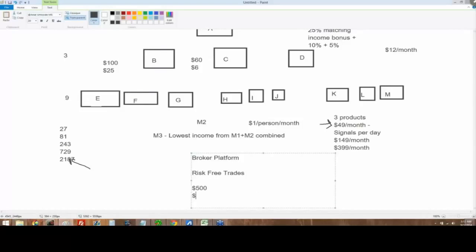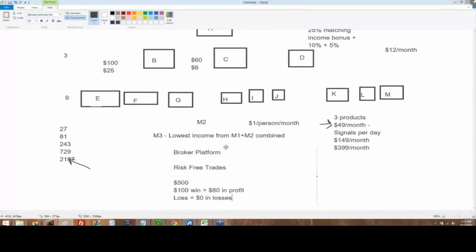Let's say for $100, you take a trade. If you win, you are going to get $70 to $75 to up to $80 in profit. Okay, win equals $80 in profit. Okay, loss equals $0 in losses. I don't understand how anybody could not see that is amazing, because once you start doing that, now remember,